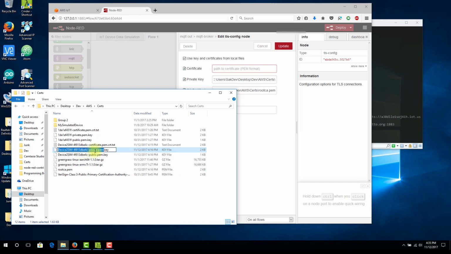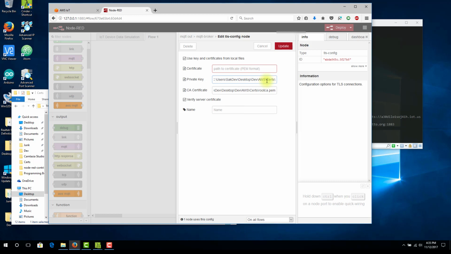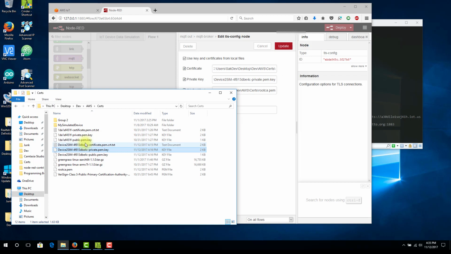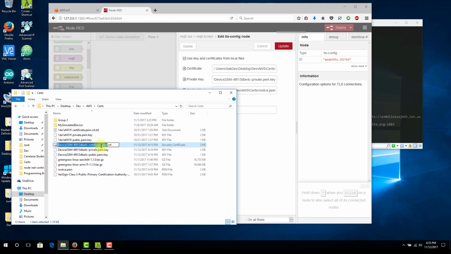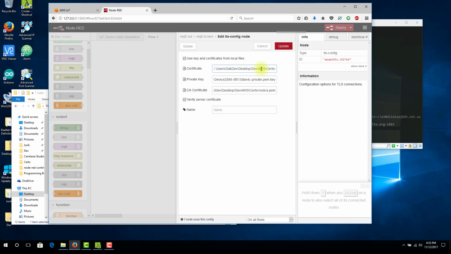And then the certificate, let me copy that. Let me delete this private key and go here and put in the certificate. We'll rename it .crt. So copy that, go over here, go to the end, and paste,